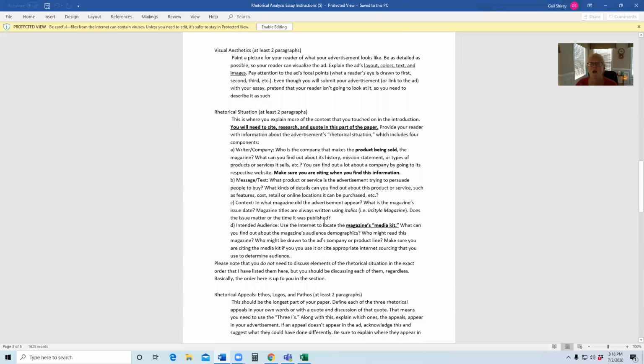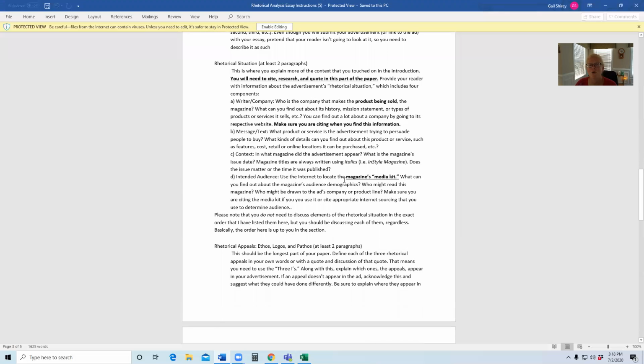And then, of course, you will have a works cited page listing all the detail. So look at our MLA resources, because on the works cited page, that's where you get into the detail of, like, if I want to look up how you found that information, I'll be able to do that. And a good source, it does tell you here, is the magazine's media kit. If you can't find the media kit, quite often you can get the information from the company's website, okay?